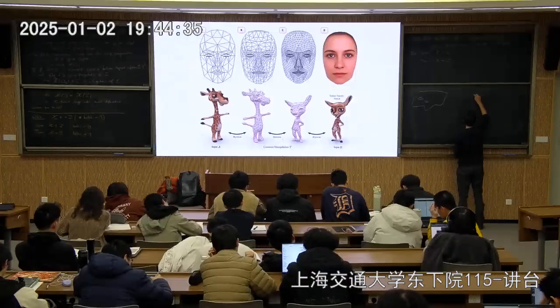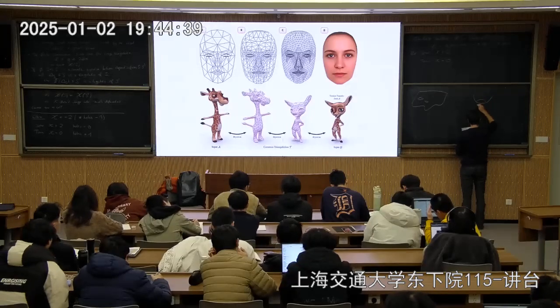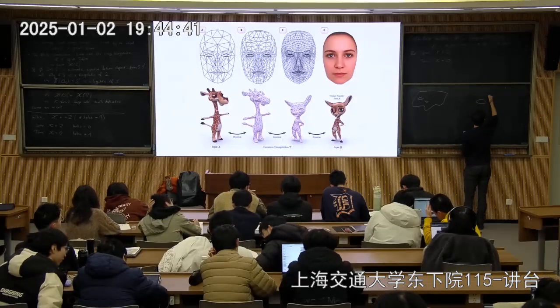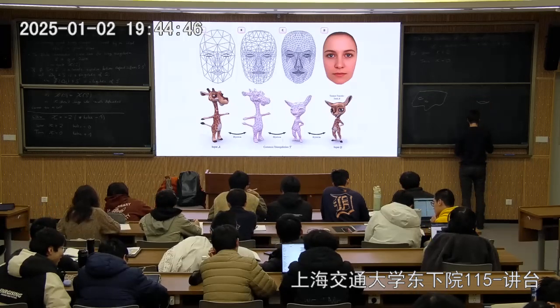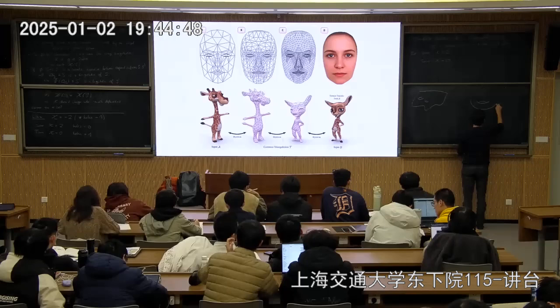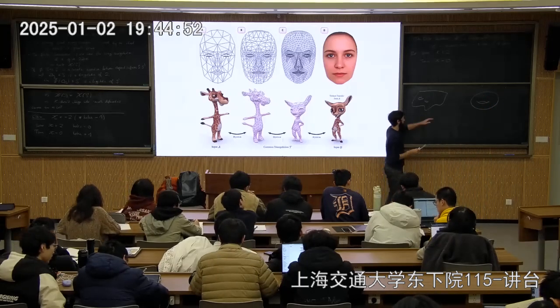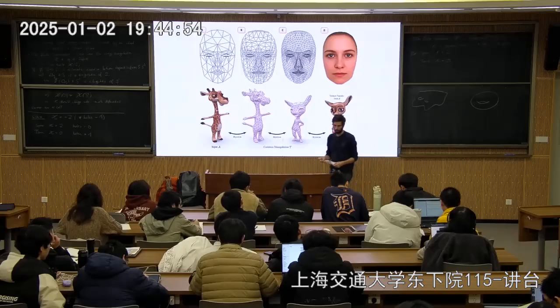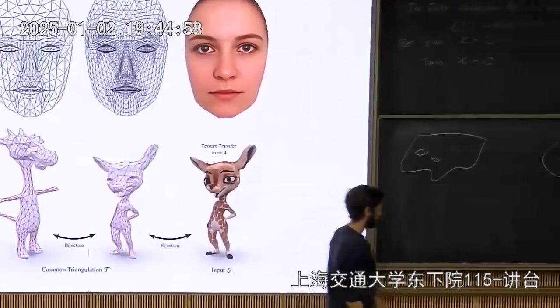What you can do is take a torus and glue them together. So what you do is you